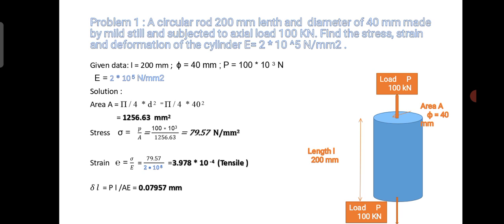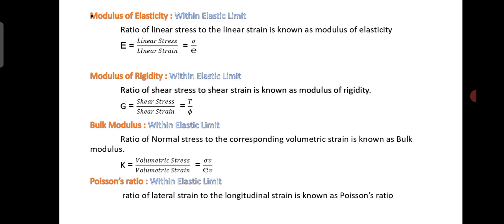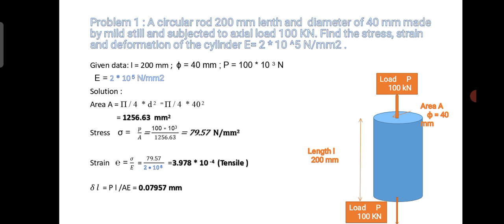While solving the problem, first we have to draw the figure. It is very important. Simultaneously you have to write the given data and draw the figure. In the problem they say a circular rod of length 200. Circular rod means it is nothing but a cylinder. So we draw just one cylinder with length equal to 200, and note that length on your figure. Similarly write it down in the given data: L equals 200.